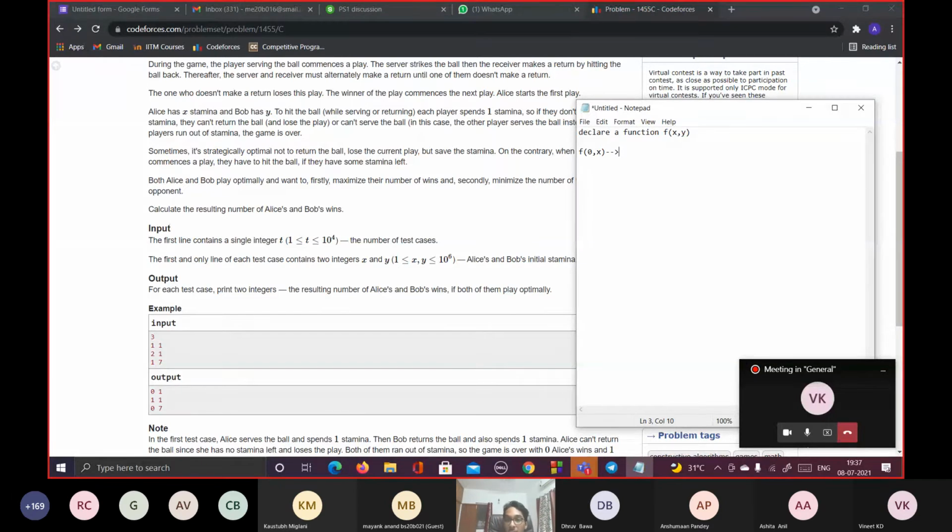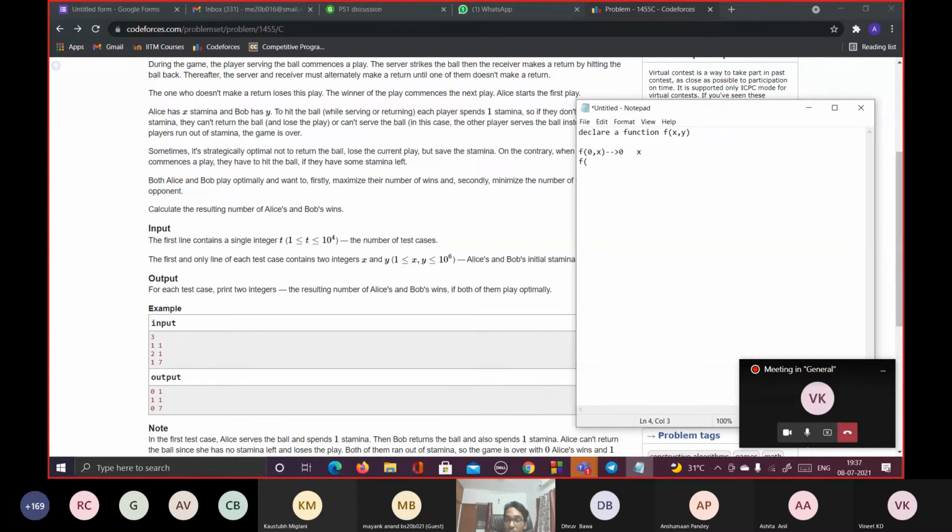So the person having the X stamina will keep winning. So the final scorecard will be something like 0 and X. The other person has X wins from that point of time.